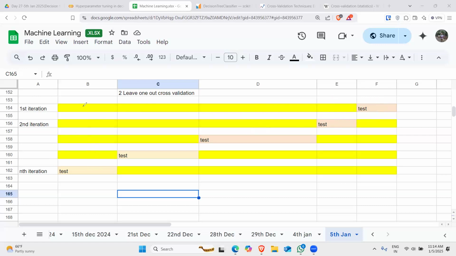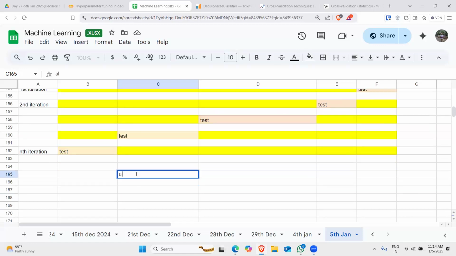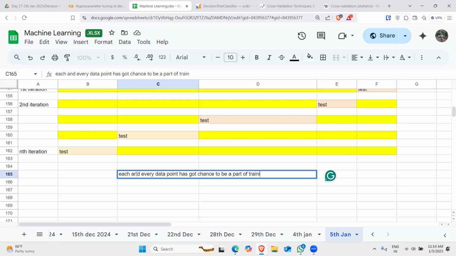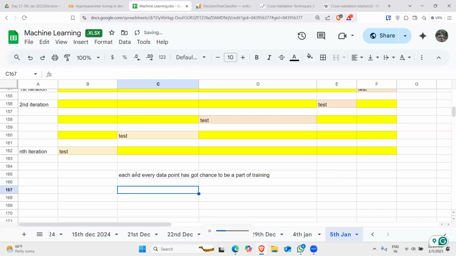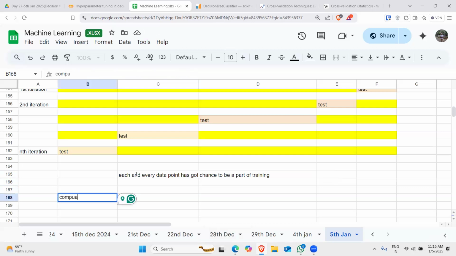So we are in a position that we show all the data points iteratively. Every data point is a part of training sometime or the other, right? Each and every data point has got a chance to be a part of training, right? So don't you think the problem of that important data point missing out in the process of training is taken care of, right? But this thing is computationally expensive,